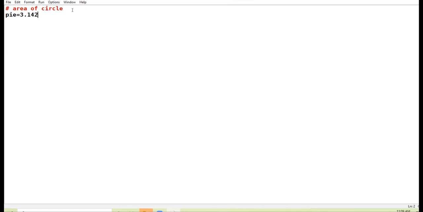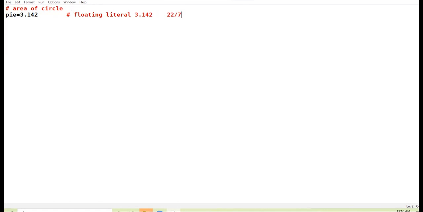Okay, this is called float literal. Floating literal 3.142, right? What you called in mathematics 22/7.